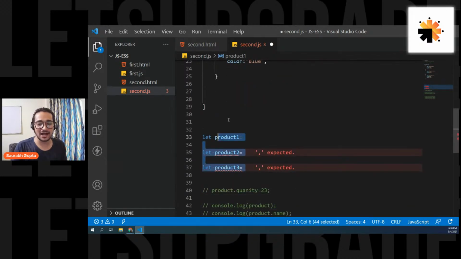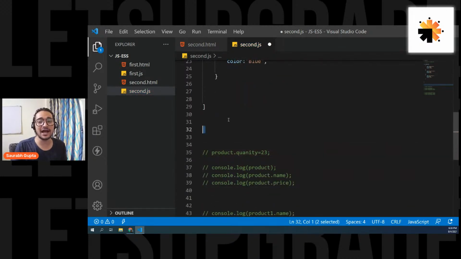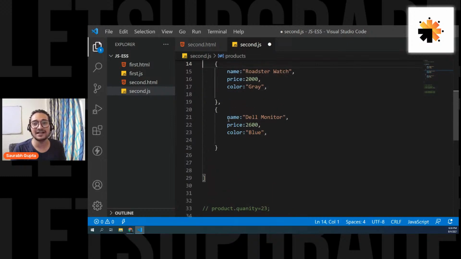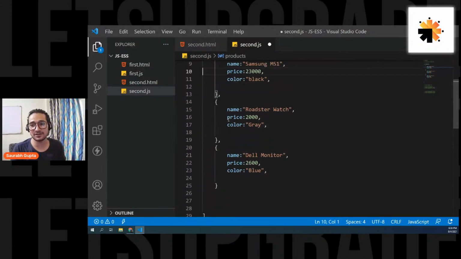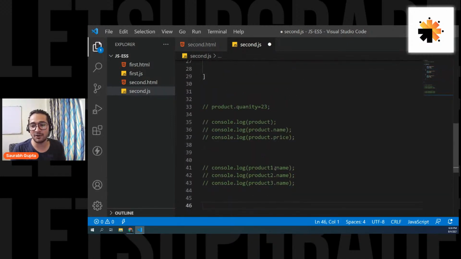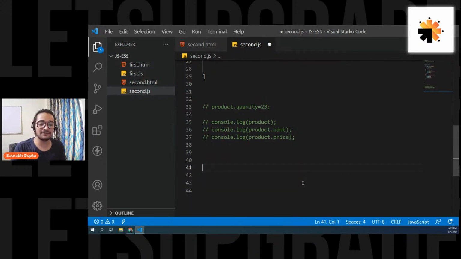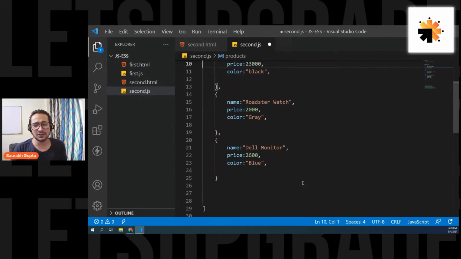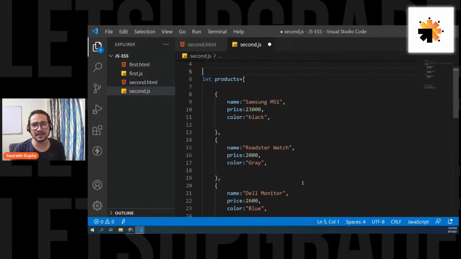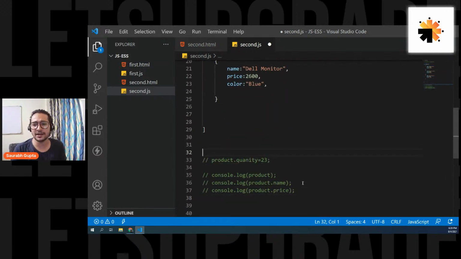And now I don't have different names for different objects. And if I don't have different names for different objects, that means I can do something, because I know the problem was the name of the object, right? This was the problem. And now we have removed the name and put everything inside an array. So now, is it solving our problem? Let's try to see it.